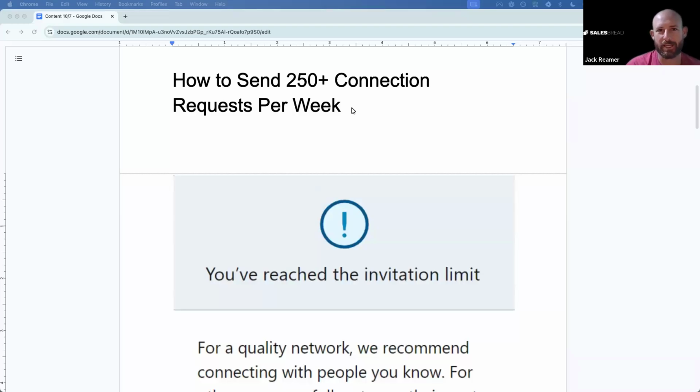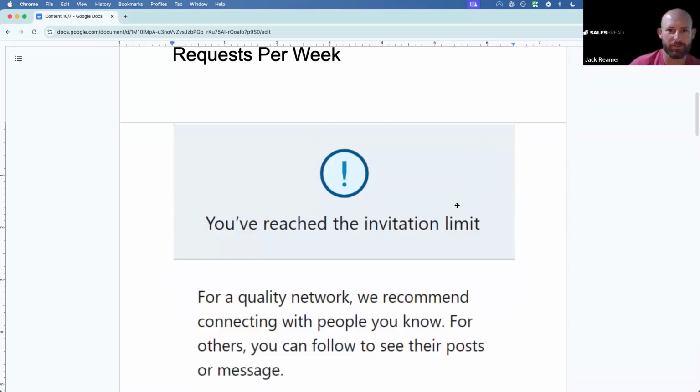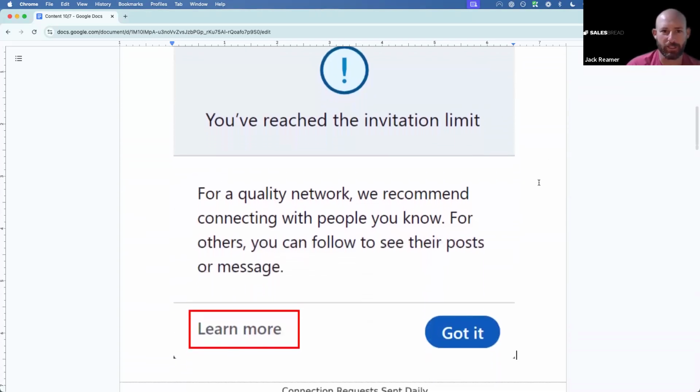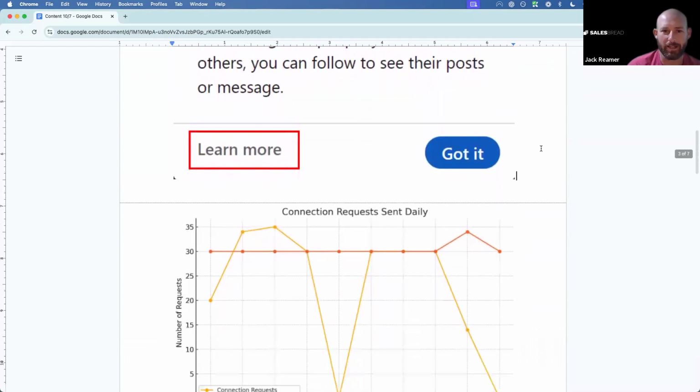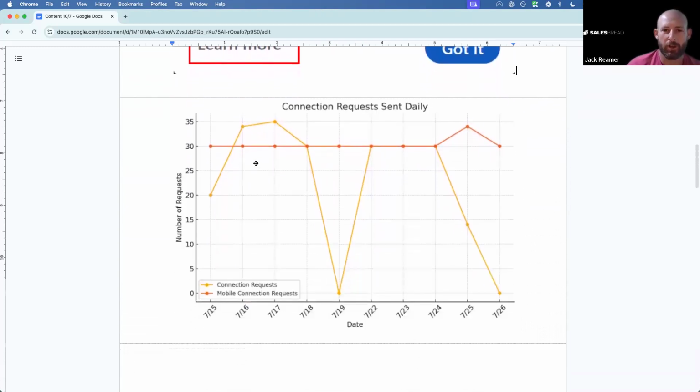Let's go through how to send over 250 connection requests each week. For some reason, 100 to 150 seems to be the estimated LinkedIn connection request limit each week, but that's not true. So if you've seen this message from LinkedIn before and you're wondering how to surpass it, I'll share what I